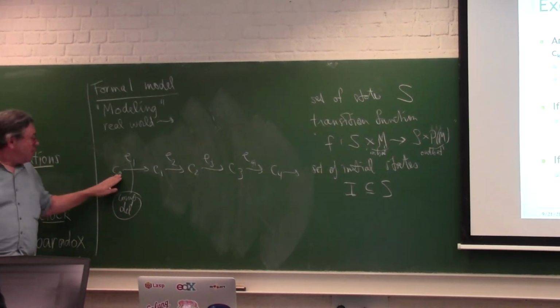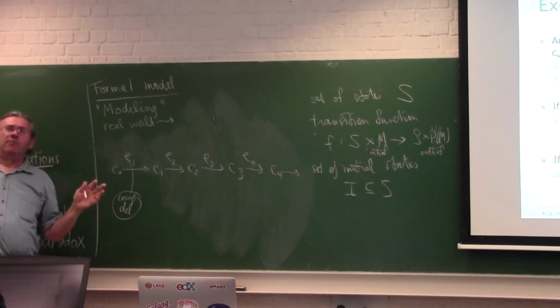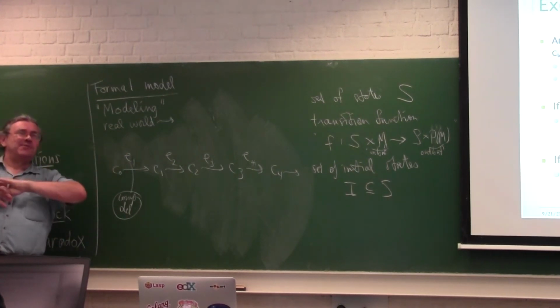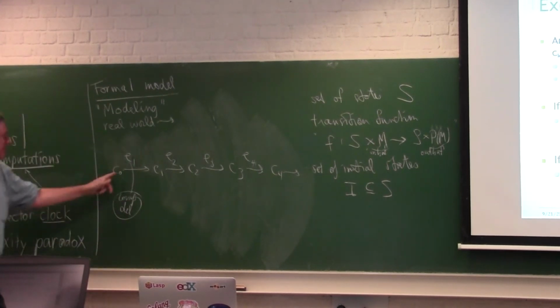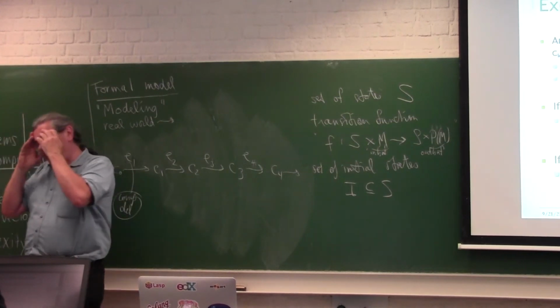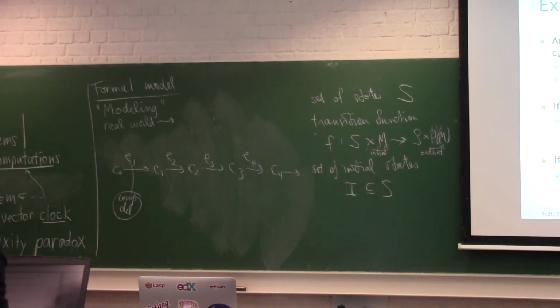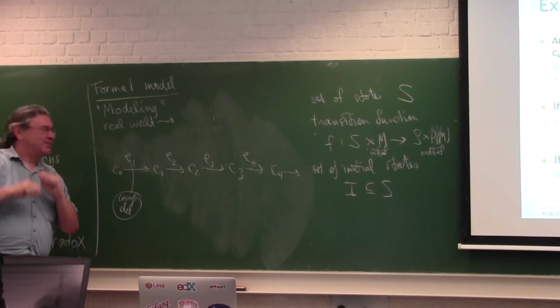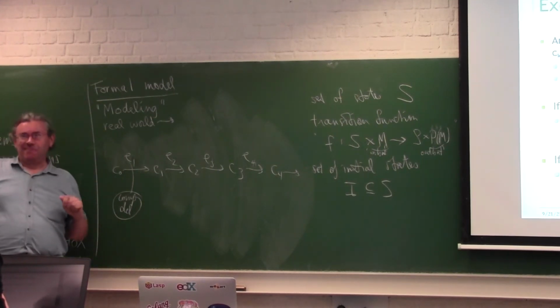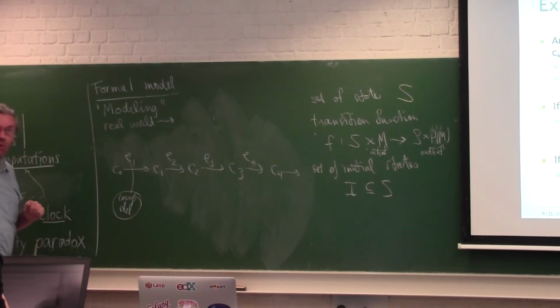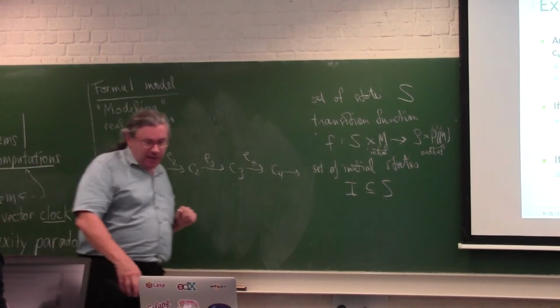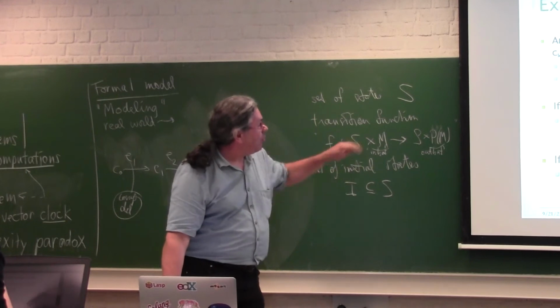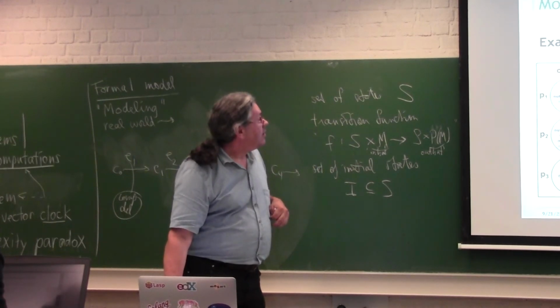There exist models which is called true concurrency, where you can do many things in one step. It's way more complicated. But some researchers say, yes, but this is real concurrency. Well, maybe, okay, but it's much more complicated. And in fact, it doesn't change anything for what we're going to do in this course.